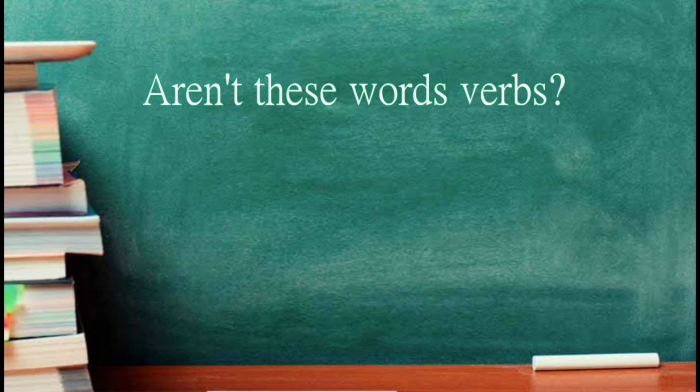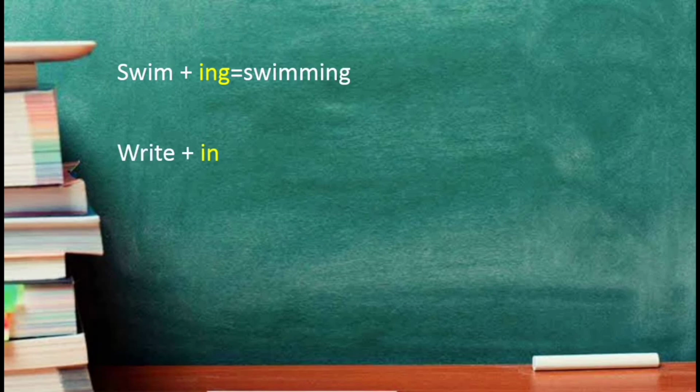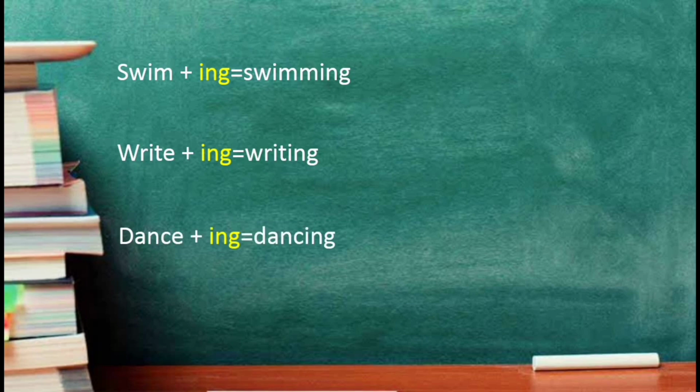You might ask, aren't these words verbs? Let us go a little ahead and try to understand the difference between verb and gerund. Let us look at these examples. Swim plus ing is swimming, write plus ing is writing, dance plus ing is dancing, and cook plus ing is